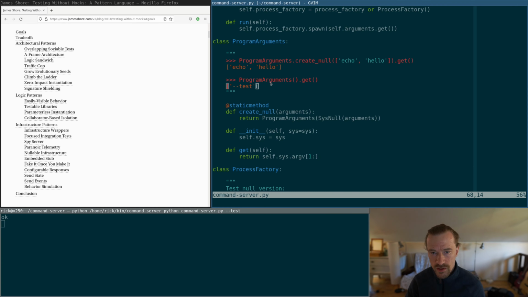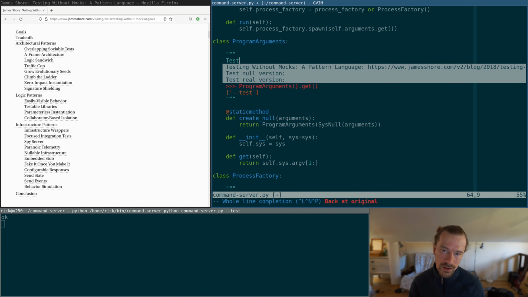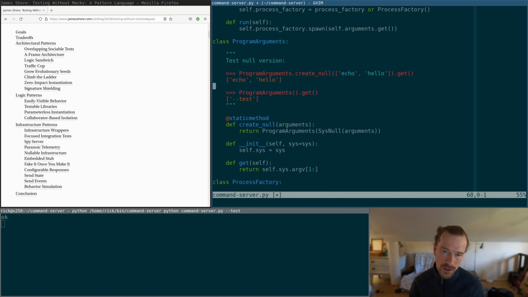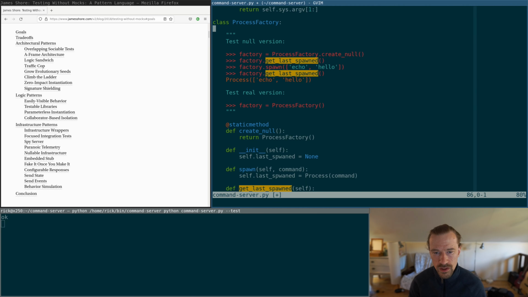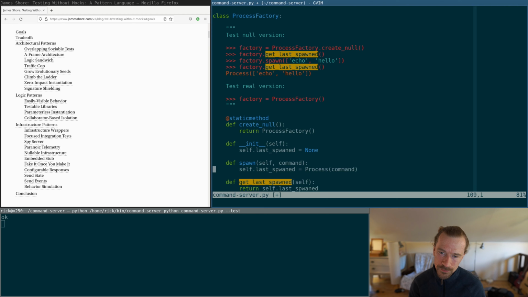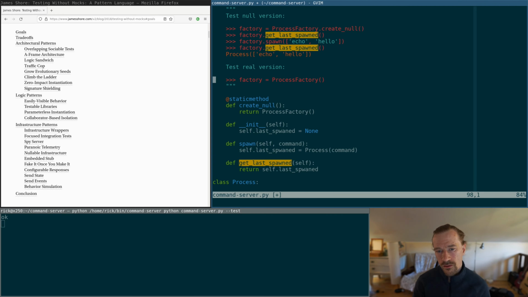Yeah, so program arguments is already implemented, right? We have, this is the test null version, and this is the test real version. So let's see if we can do the same for process factory. So process factory needs to take, yeah, it should use the subprocess module of Python